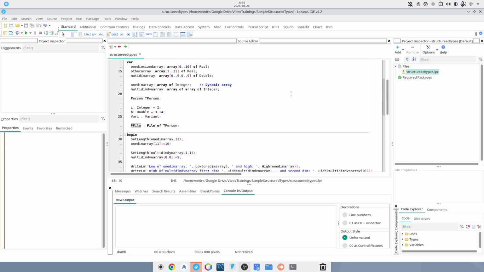For dynamic arrays, the size of the array can be changed during the application, and when you define it at the beginning, the size of the array is 0. Running the application, you define or initialize these arrays, and then you can change the size. You can add or remove elements